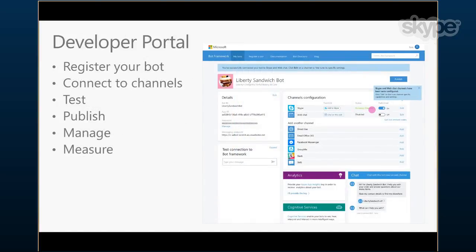Developer portal. So we've already mentioned this, but this is kind of what it looks like. This is the place you would go to, botframework.com, where you would register your bot, give us the endpoint address for your bot, generate your application ID and secret to secure the channel to your bot. You can also test your connection to the bot. So once it's been registered, in the image of this web page, bottom left-hand corner, you can send a message to your bot, and if everything is configured correctly, you should get a message being sent back. So you can also manage your bot, turn your bot on and off, and you can also publish to the bot directory as well.